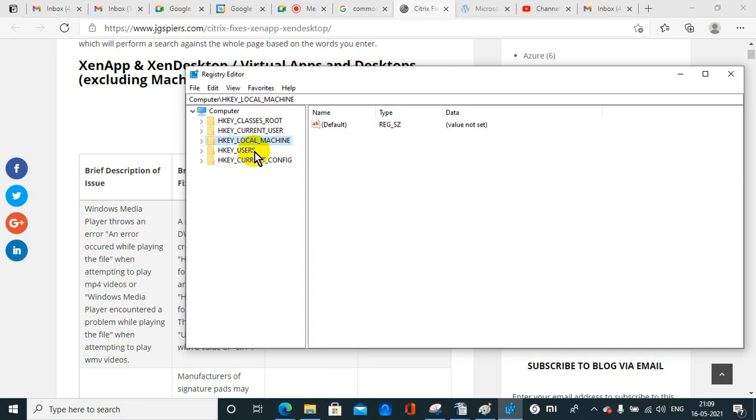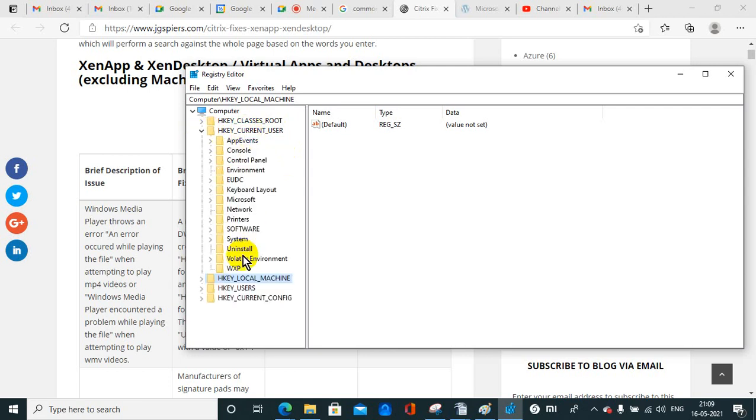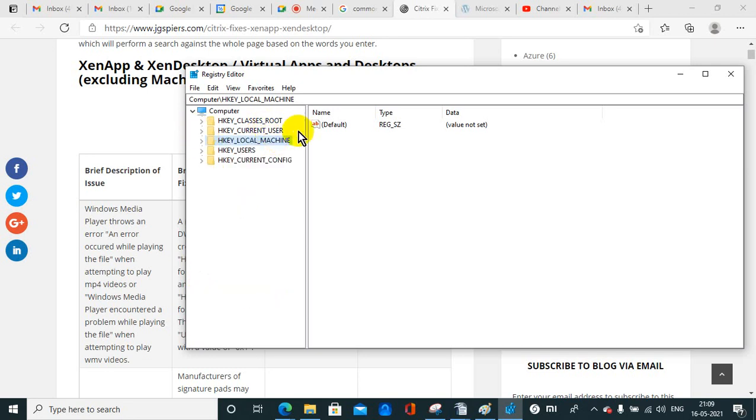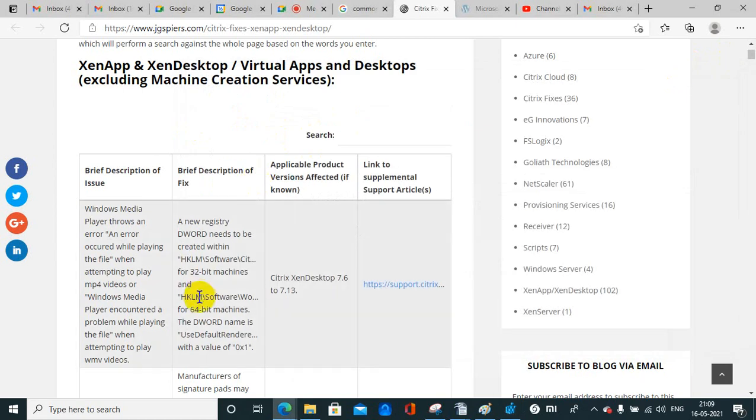This is the registry for the users. This is for current configuration. This is for current user. The current user is whoever is logged in right now, so these are all for me only, for my profile. And this is the root. We never make any changes in the root. Always we make changes in the user, local machine, or the current user. So always you will find the HK to make changes.